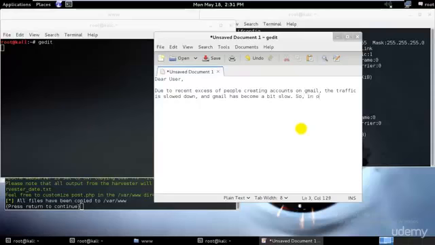So in order to restore the original, make sure you don't do any spelling mistakes, because the person who's reading it may be able to identify that this is just a phishing scam. So in order to restore the original feed,